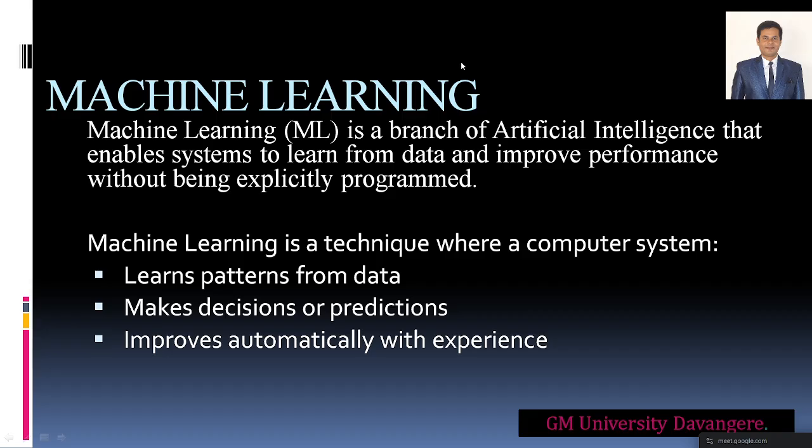So machine learning is a subset of artificial intelligence, right? It is a branch of artificial intelligence that enables the system to learn from the data, right? Whatever data you provide, it will try to enhance your data, understand your data, predict your data, make regressions of your data, and it will try to improve by itself. So that is how it will try to understand without having any programs, right?